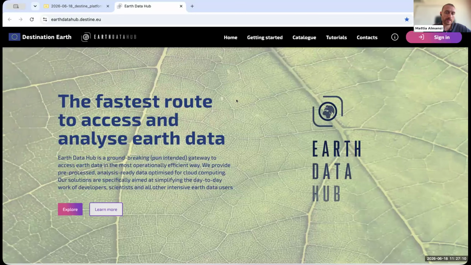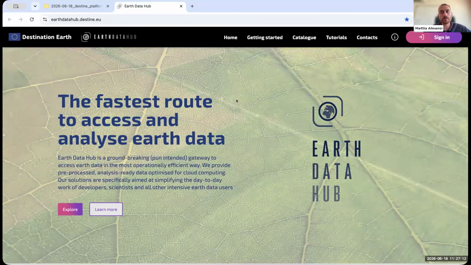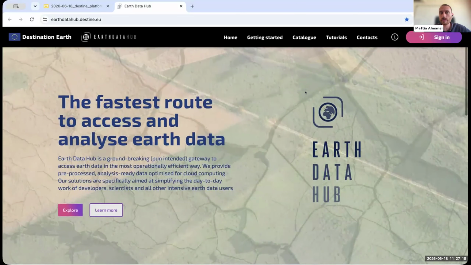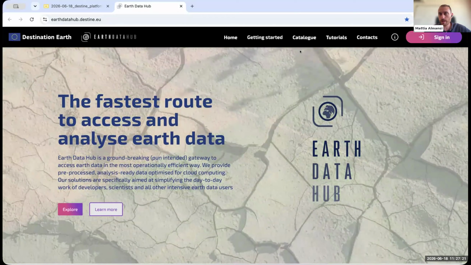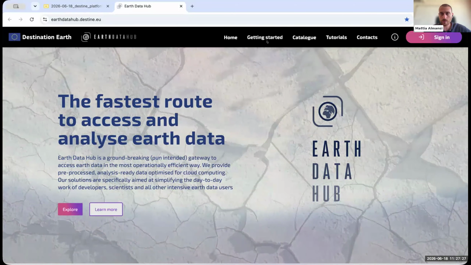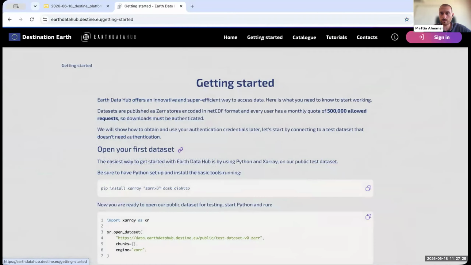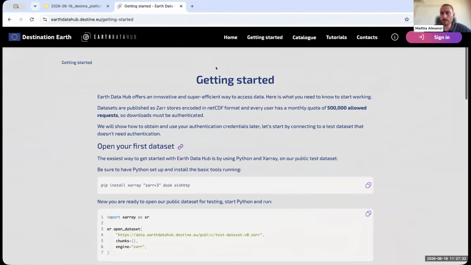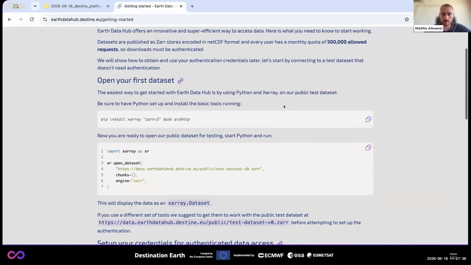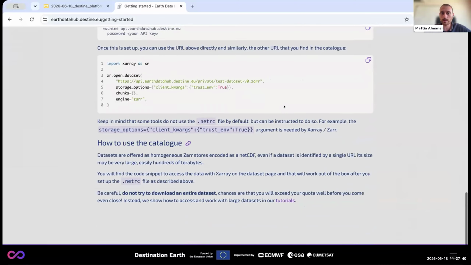And same as the service, with our portal we try to keep things as minimal as possible, so you don't have to learn many new things to navigate through our service. We only have 4 pages here on top, and these 4 pages are quite important and have different scopes. So the first one is the getting started one. Here, if you are a first-time user of our service, I really recommend you to go through this. It looks like a lot of text, but it's really just a couple of minutes of reading.